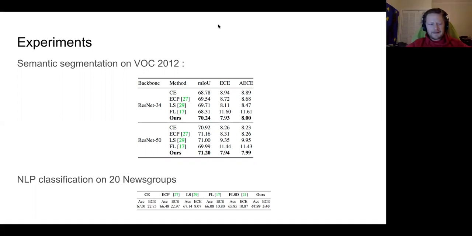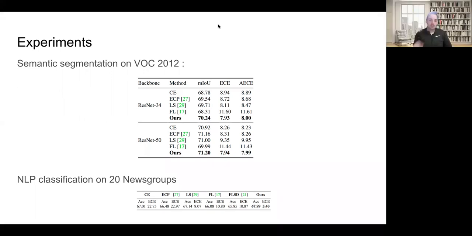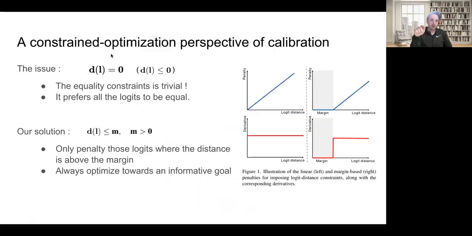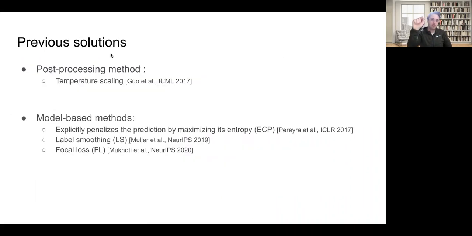Which method was that? I didn't quite understand. Temperature scaling: when you have the logits, you have the softmax, right? And you divide the logits by t. Typically t is equal to 1, so you don't do anything. But if you increase the t-value, you smooth the softmax probabilities, and by doing that you also impose some sort of closeness in the logits. The thing is that this was state of the art until maybe 1-2 years ago, but in domain shift, this actually sucks big time. So yeah, that makes sense.